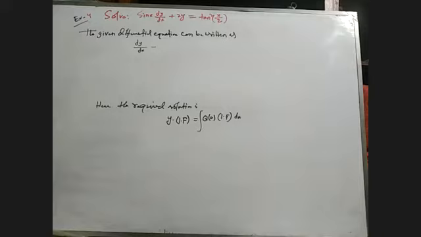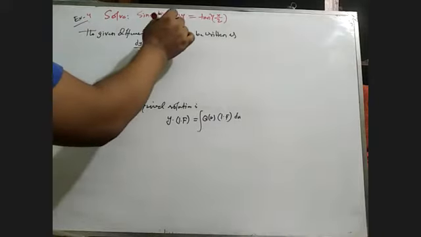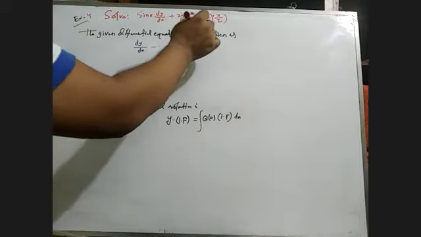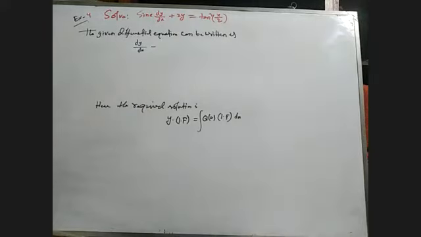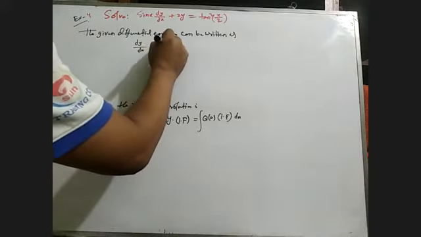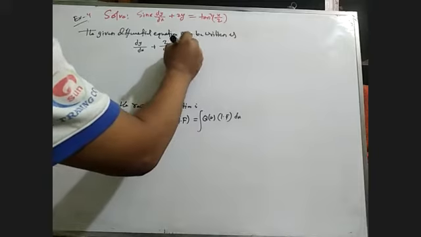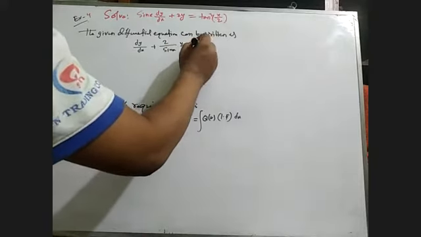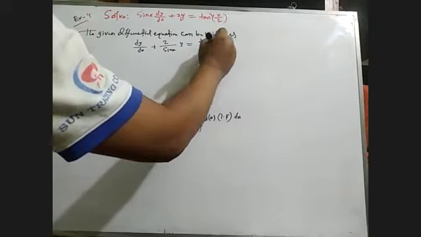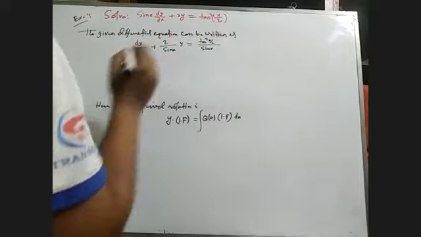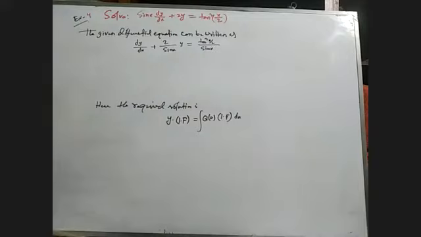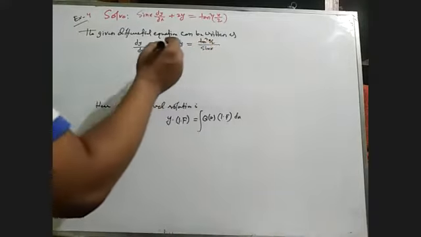Okay, now another example. Solve sin x dy/dx plus twice y equals 10 cube x by 2. Now this given differential equation can be written like this. Actually we have to divide by sin x on both sides. Dividing by sin x, we can write dy/dx plus 2 divided by sin x into y equals 10 cube x by 2 divided by sin x. So this is the linear form,